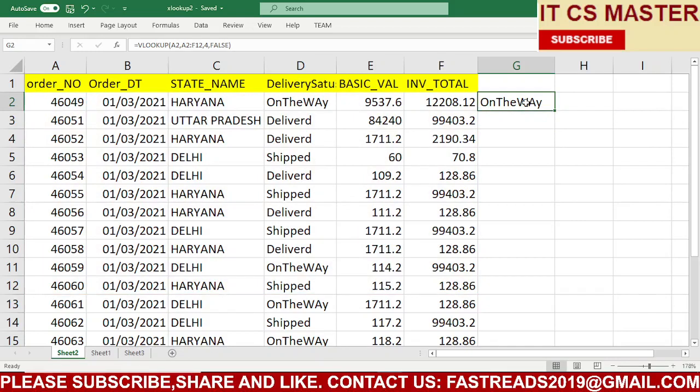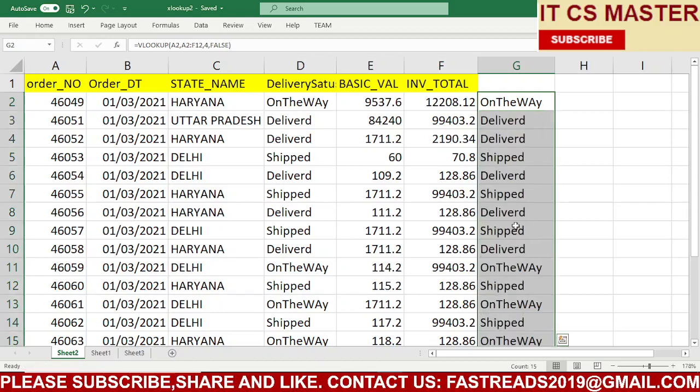It's very basic, a starting point. I know you are thinking it's very easy and not useful, but it's very useful when you use it with multiple tables, multiple sheets and multiple files. Similarly, you can find all the values. Just click here and drag with the plus sign. Here you can see all values have appeared. I hope it is clear.